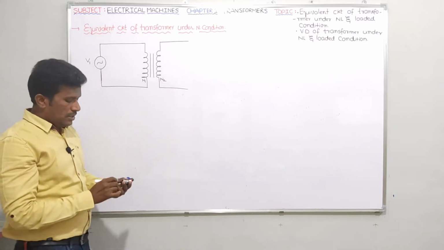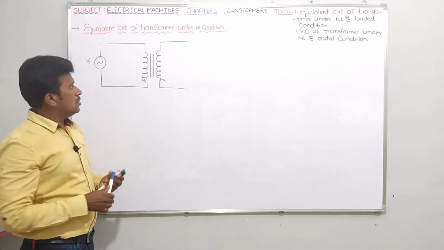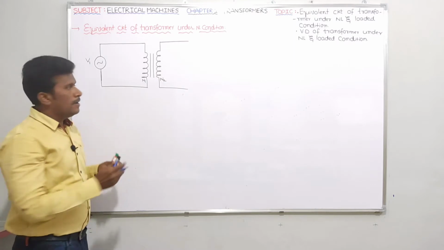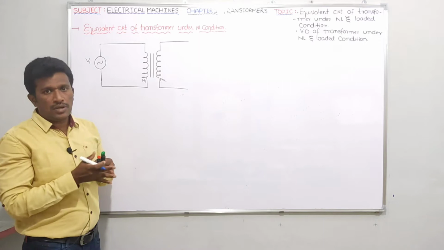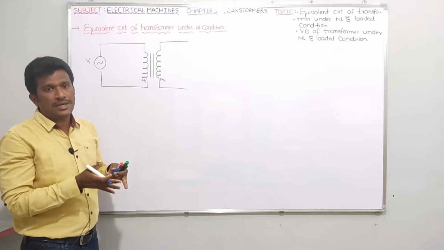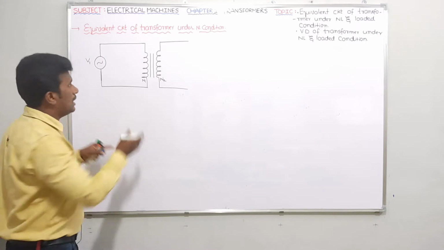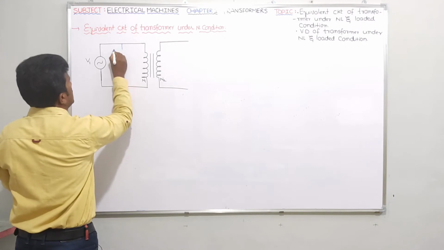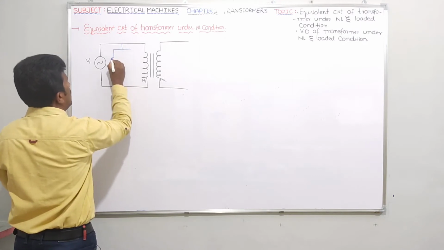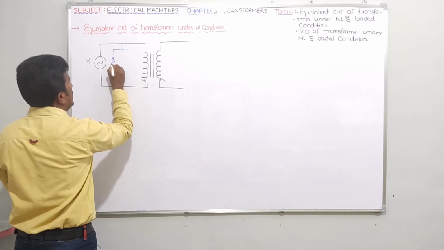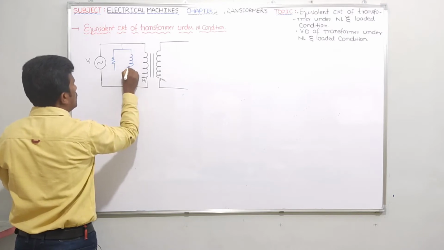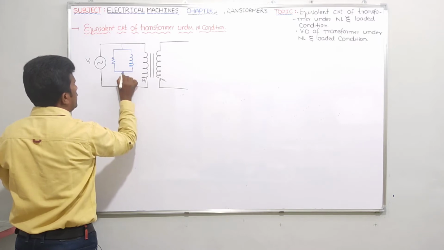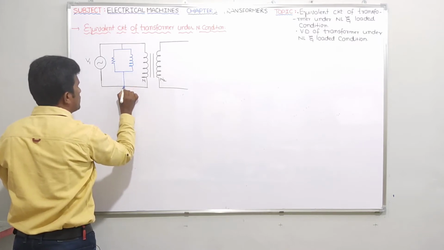See guys, here one thing you have to understand. Let me draw the transformer core in electrical form. Let me represent the transformer core electrically like this. This is the electrical representation of the transformer core. Those who have doubts, please try to refer to the last video, there will be some clarity.